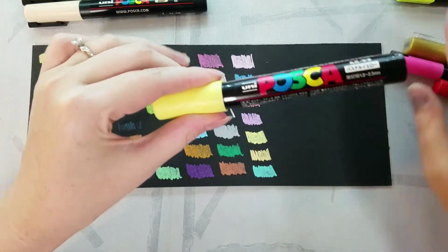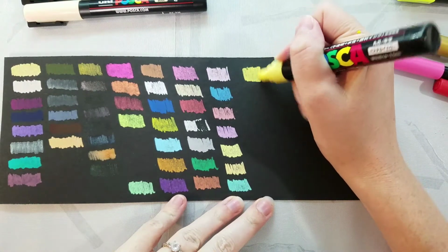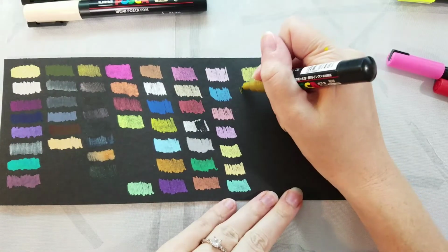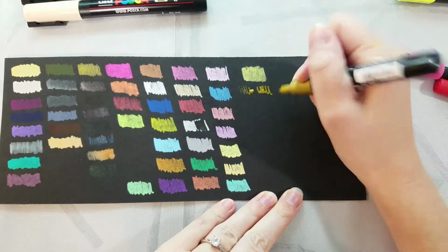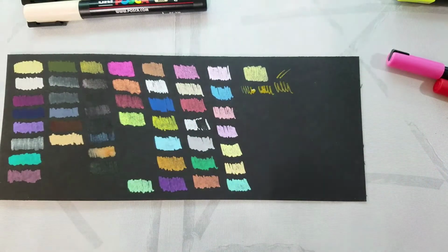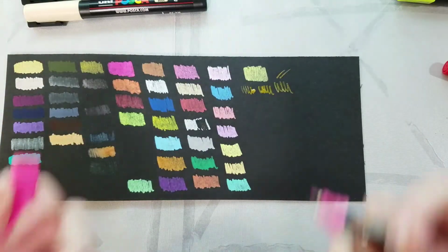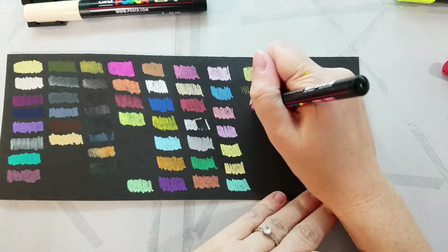So the larger bullet nib is pretty much how you would expect, just a larger version of the bullet nib. This is a finer point, and it's not a plastic nib, it's a fiber nib, but it comes to a really fine point. So that could be good for detail work. Then we have the PC1MR, so it's the pin type. And you can still depress the front, depress the...